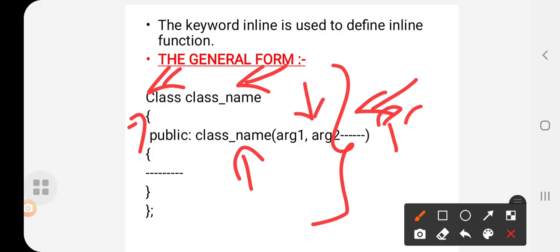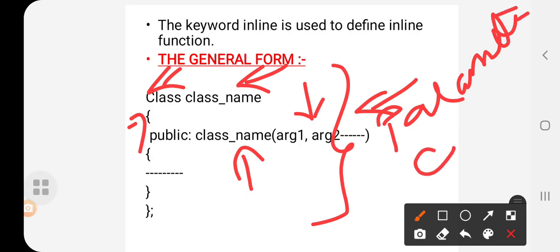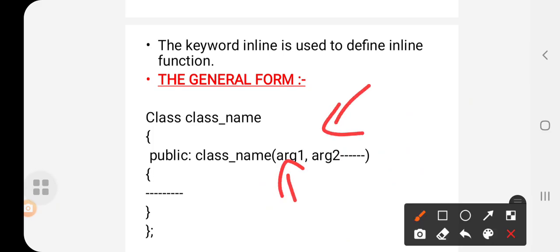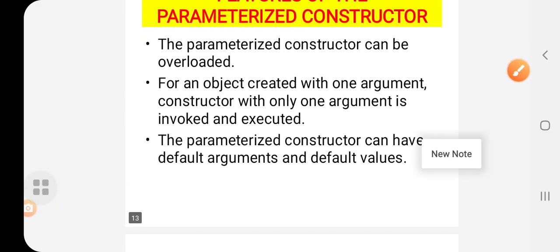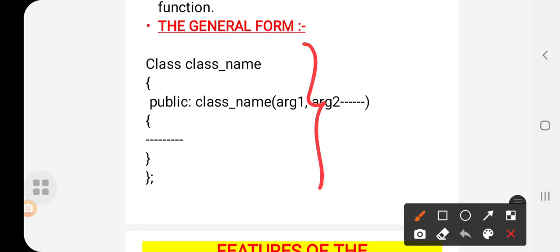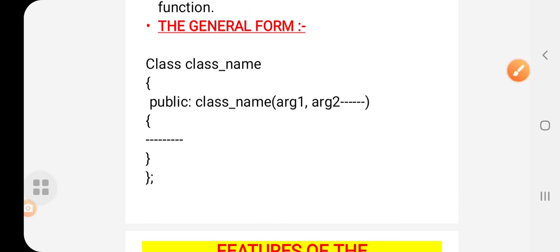This is the second type of constructor, the parameterized constructor. Here I am passing two arguments, argument 1 and argument 2.